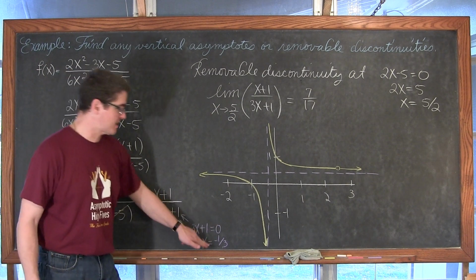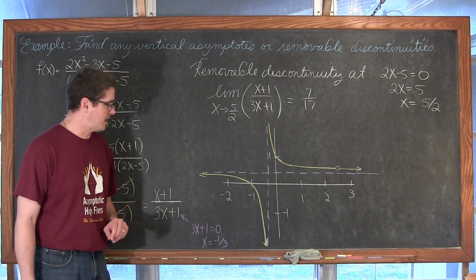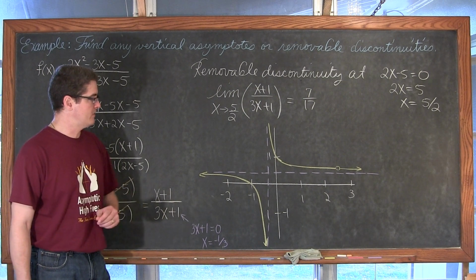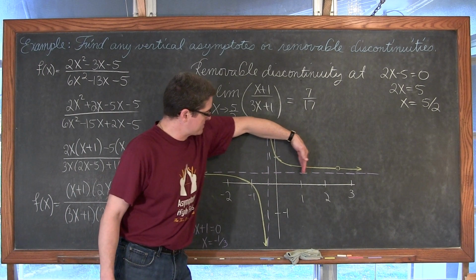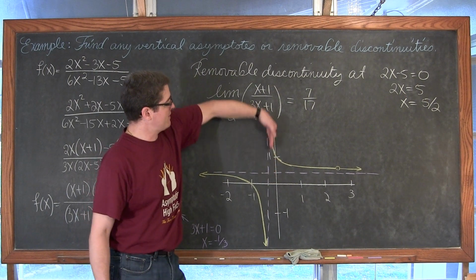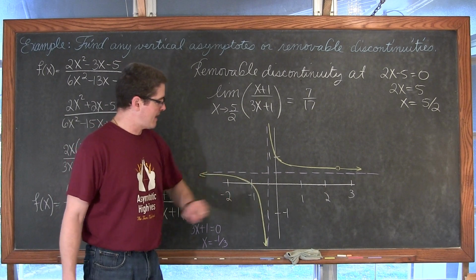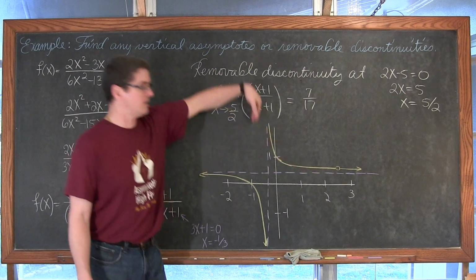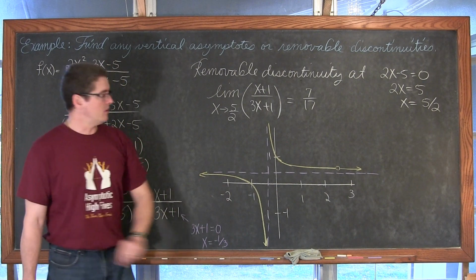I'm taking the denominator and setting it equal to 0 to find out what makes that denominator equal to 0, thus making the function undefined. And the graph does approach negative infinity, again with a table of values or your calculator giving you a graph. Coming down on the other side, as we approach this value of x of negative 1/3 from the right, the graph goes off to positive infinity, and thus we would say the infinite limit as x approaches negative 1/3 does not exist, because the left limit is negative infinity, the right limit is positive infinity, and there is the hole, our removable discontinuity at the value of